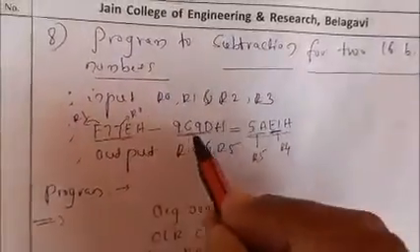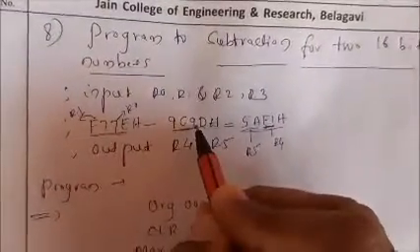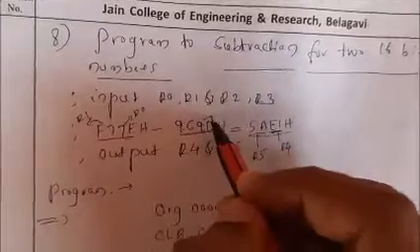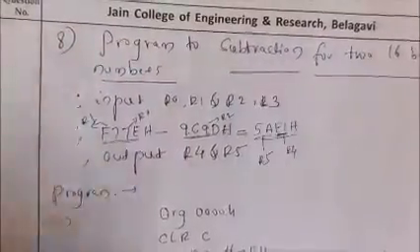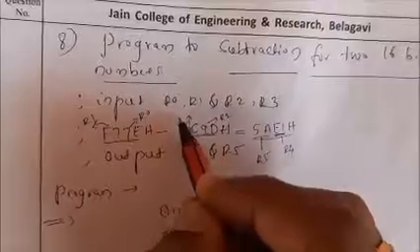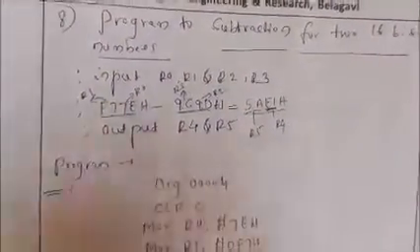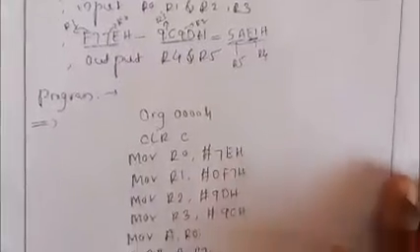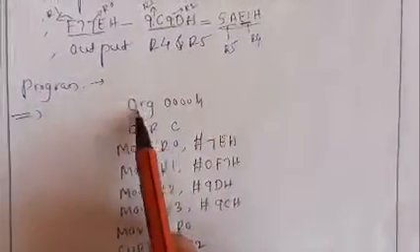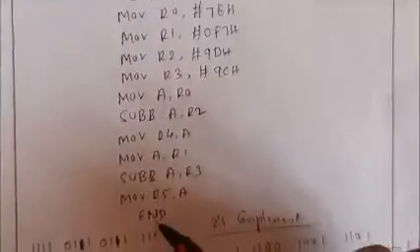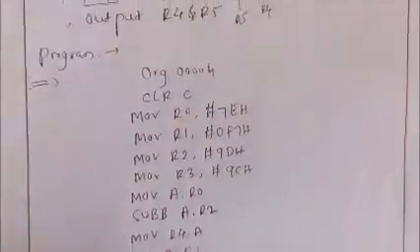Next you again have to come for the lower byte only. Don't go for this number. This one I will store in R2. Next the higher byte 9C I will store in R3. So how to write the program? This is the same as the previous one: ORG 410H, and the last one is END. In between I need to write my logic.